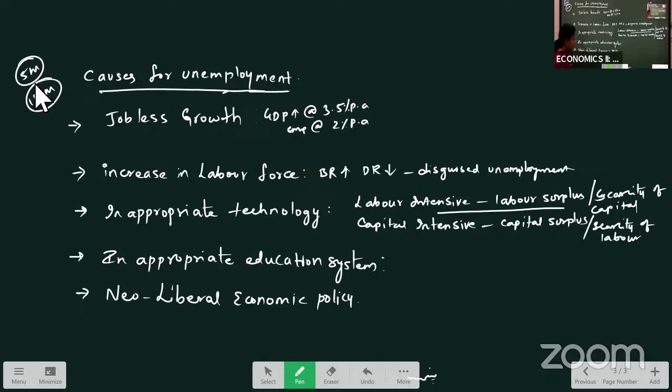Now, next we will see what are the measures for poverty and unemployment. In India, we are having the problem of poverty and unemployment. We have seen the causes for poverty and unemployment. Now we see what are the measures taken for removal of